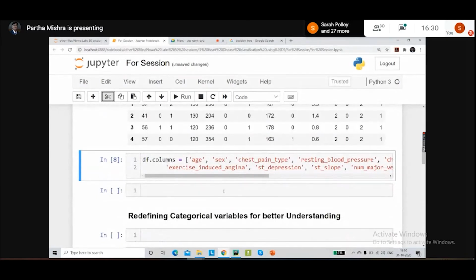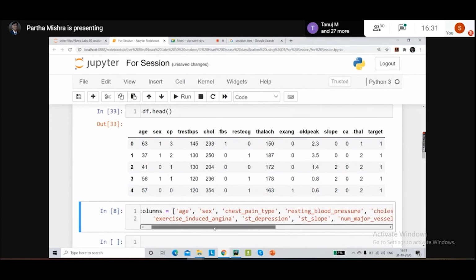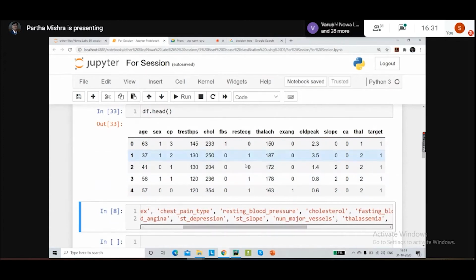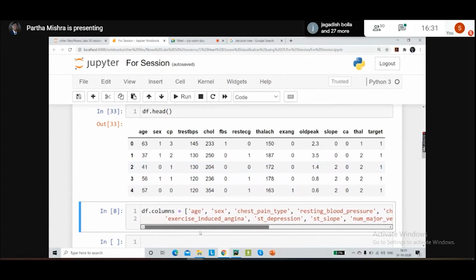Okay, so I've already looked up this particular data set and tried to understand what each and every one of these columns stands for. I've already written this piece of code previously. So this is what each and every term is. I've given it a name so that when we run this code afterwards, we'll get to know what each column actually stands for. So instead of a small short form, we'll at least have some idea as to what the column is all about.